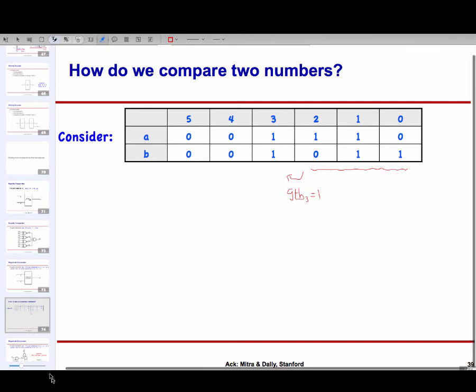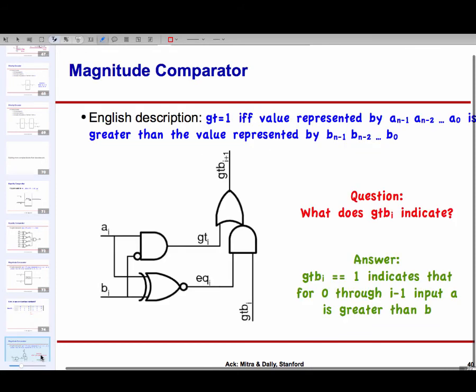Then let's see what this logic does. We are basically saying that GTBI plus 1 means that from bit number 0 through the current bit, A is greater than B. Now, when can that happen?